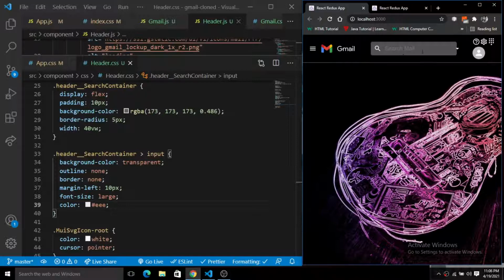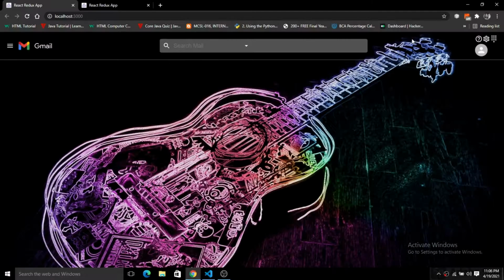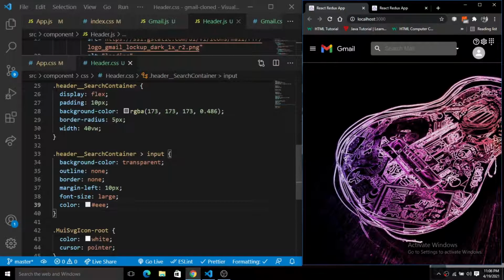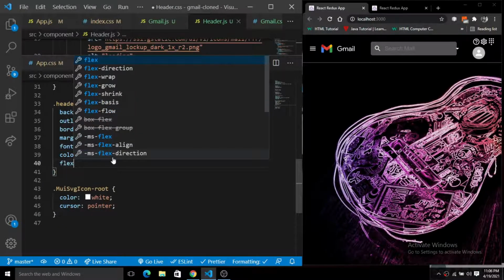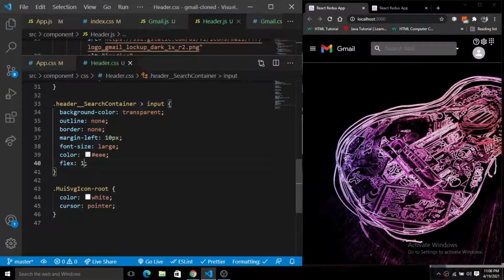Now what we want is for this dropdown icon to be pushed to the very right of this container. So I will simply give the flex of one. Flex of one will push everything after that to the right. Flex of one is very powerful here.